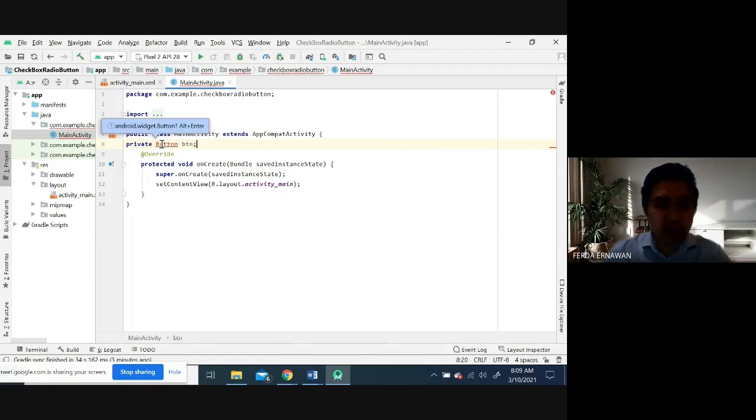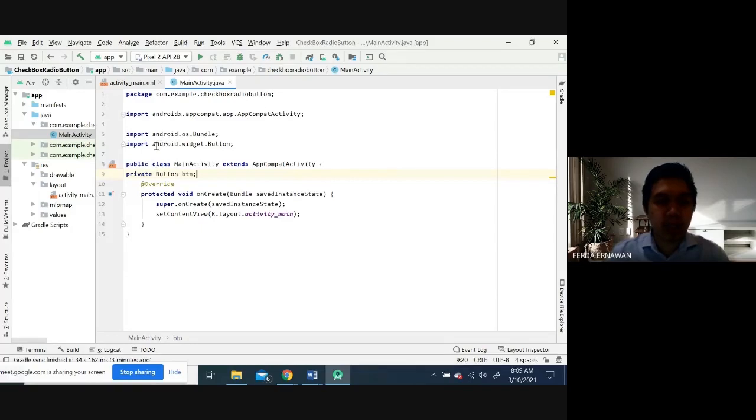If there is an error like this, you can see the information here. You need to press Alt Enter. And actually, when you press Alt Enter, it imports the Android widget button.